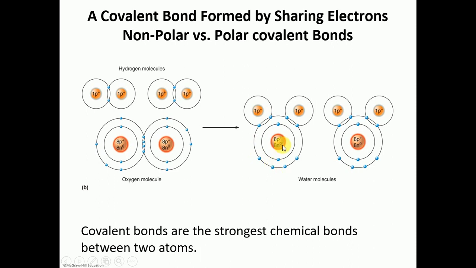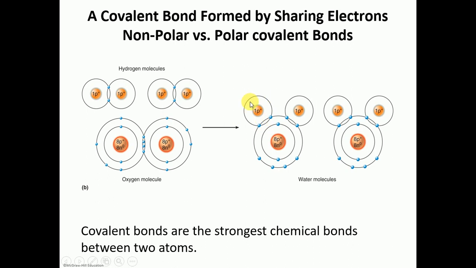So they are going to share electrons to make that bond, but it is unequally shared. The oxygen atom, being the strongest, will pull those shared electrons towards it a little bit. So these shared electrons tend to orbit around the oxygen nucleus a little bit longer than it would orbit around